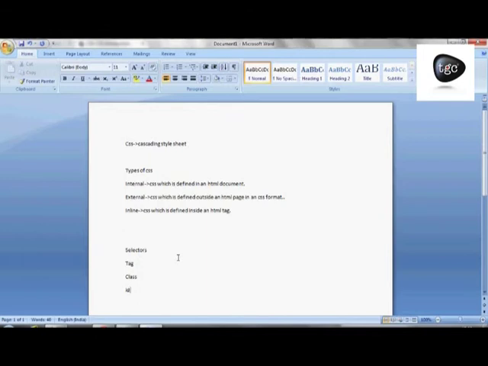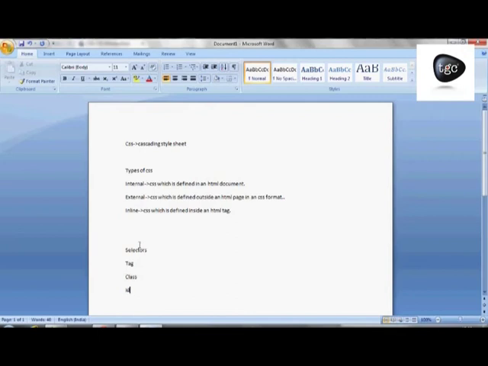But the question is, what is the difference between the class and the ID? A class can be used multiple times on a page, but ID is a unique identifier. We can use it only one time in one page. We cannot call the same ID name more than one time. But if we have different ID names, we can call them wherever we want.